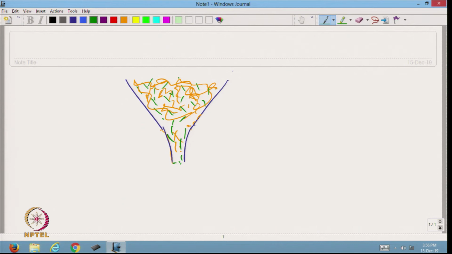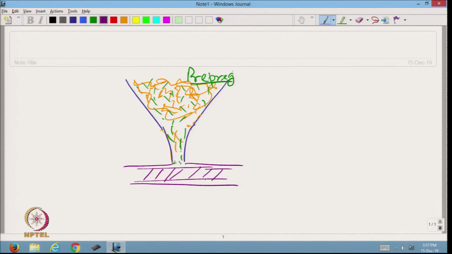This is a prepreg, and there is a screw arrangement. This is the screw arrangement. With the rotation of the screw, this prepreg will be pushed in one direction,